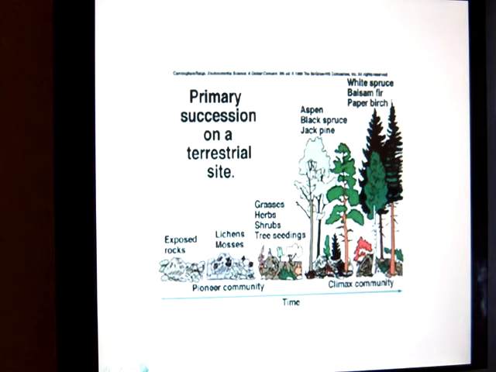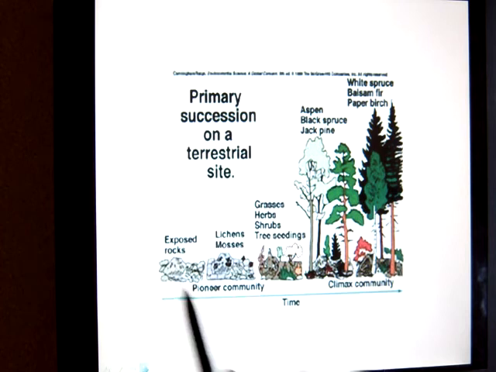So primary succession always occurs when you have an area where there is nothing living there previously. So there's nothing living in this area before, and all of a sudden you start to gradually get living things moving into the area, and then it becomes more and more developed. So here we can see exposed rock. So there's probably nothing living there before. So maybe there's a big glacier covering this rock, and then the glacier receded, leaving it bare. So there's nothing living there before.